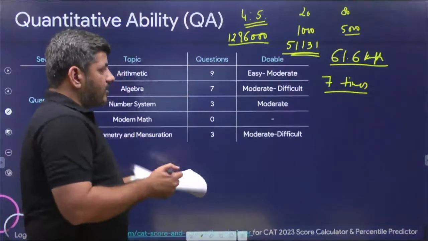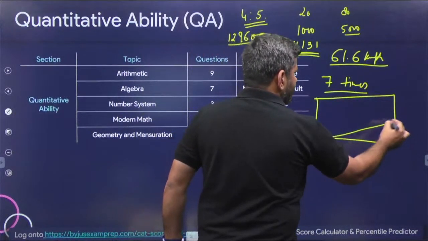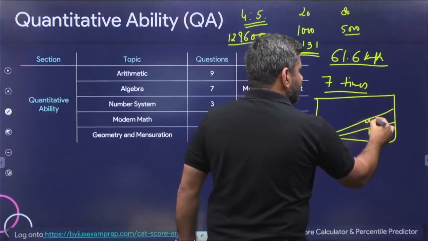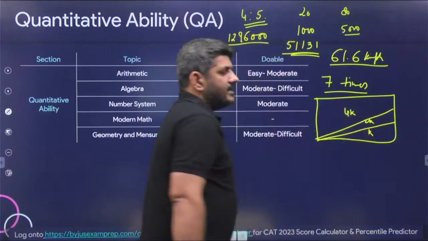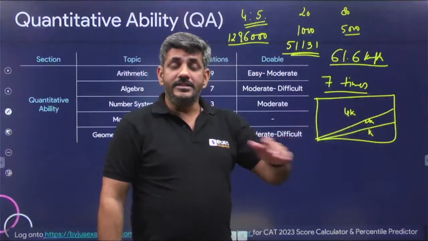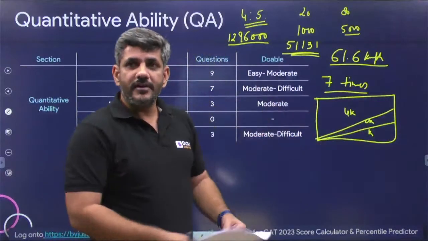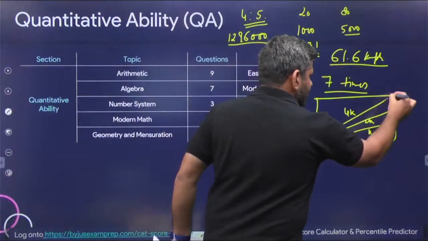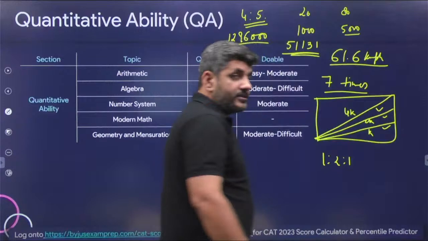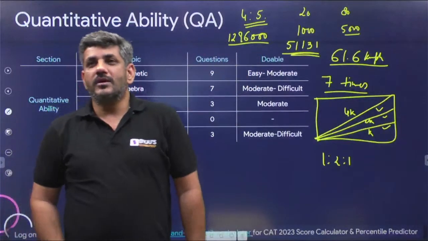Then there was a question about this rectangle. In this rectangle, he said there is a point P here, there is a point Q here, and their areas were in a ratio of 1:2:4. I mean, it was given that they are in GP series. Finally it said that this area is 4 times of this area. In a GP series, if it is 4 times, then surely they will be 1, 2 and 4. Total area was 54. And from here he asked you the ratio of the areas of these three. I think that answer came out to be 1:2:1. What is your answer? Please tell me.